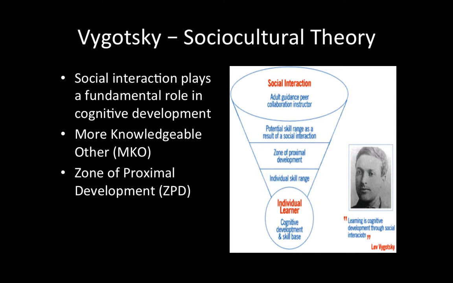And then the other aha moment that Vygotsky came up with is this concept of a zone of proximal development. Basically, you come to the table with your individual skill range. Then you interact with this more knowledgeable other, and you realize that there's more to the situation than you understand or have a skill set to do. So the learning takes place in this zone of proximal development where we can create opportunities for the change process, for the learning process to take place under the guidance of a more knowledgeable